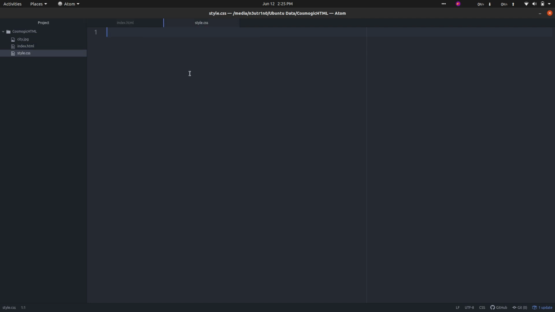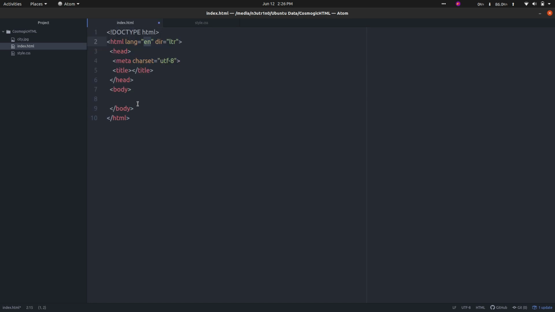So this is a style file, this is the styling part. Anything that is written in this, we have to firstly link this file in the index.html to use it, because these two are separate files. This is the styling part. CSS stands for Cascading Style Sheets. So let me quickly create the basic structure. I have created the structure.